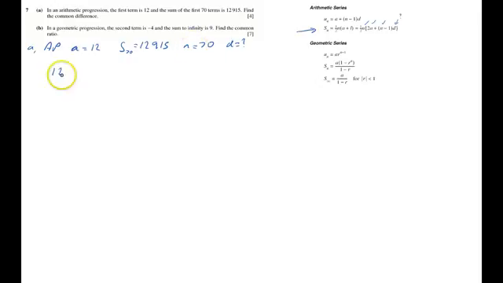So the sum, 12915, equals half times n, which is 70, and then we have brackets 2 times a, which is 12, plus n minus 1, so it's 70 minus 1, times d. So that's 35. If I put it around the other way around, that'll give me 24, that's that bit, plus 69d equals